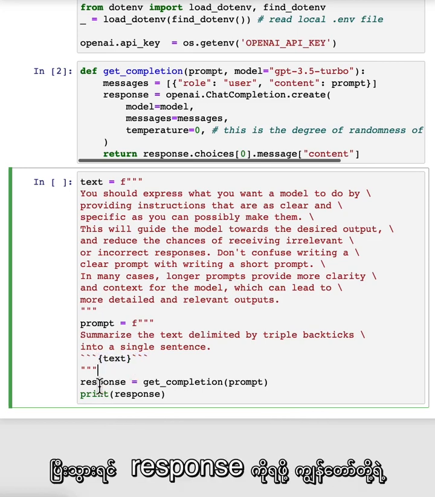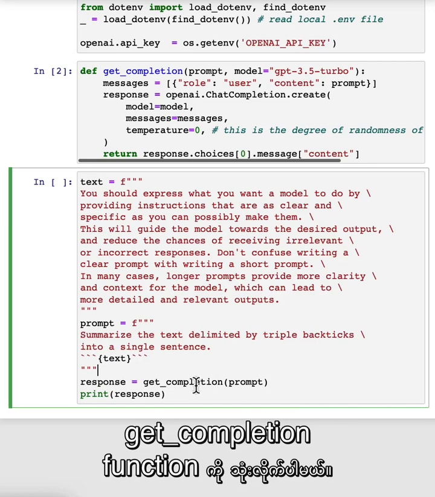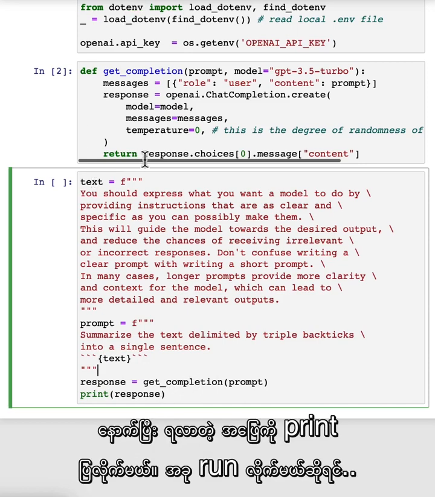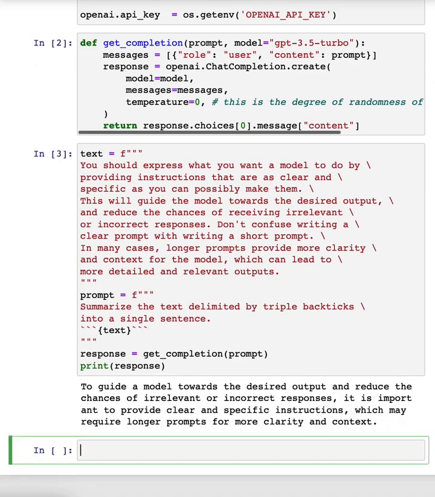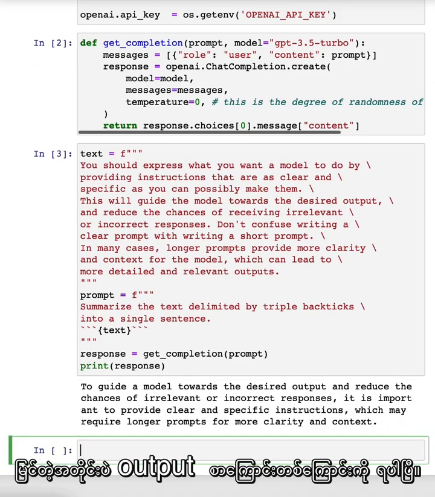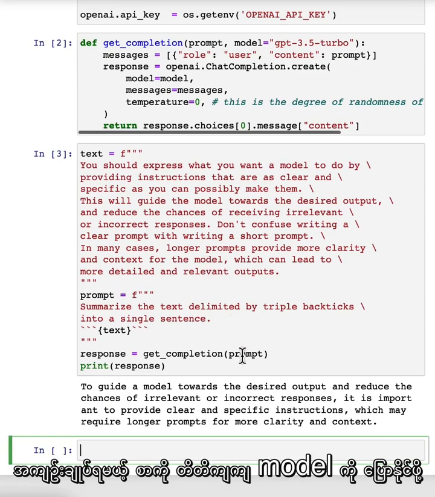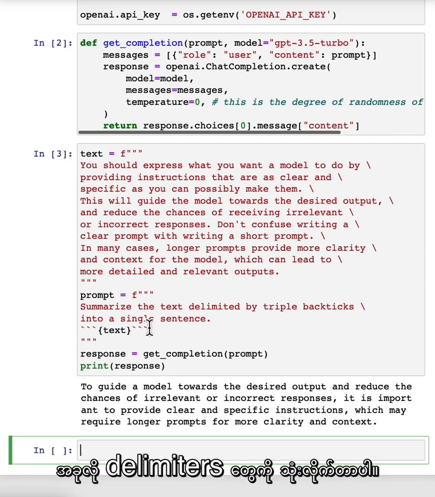And then to get the response, we're just using our getCompletion helper function, and then we're just printing the response. So if we run this, as you can see, we've received a sentence output. And we've used these delimiters to make it very clear to the model the exact text it should